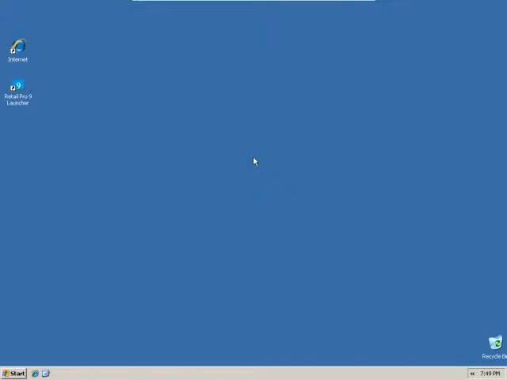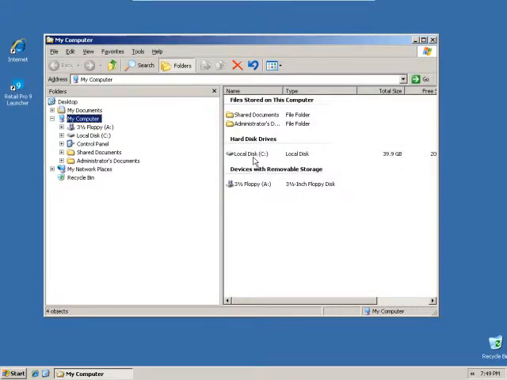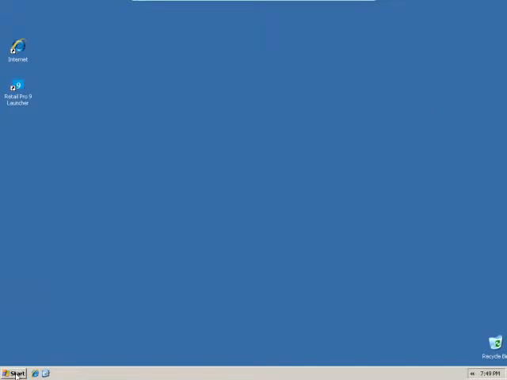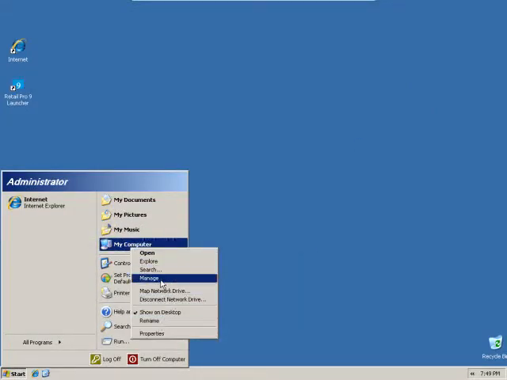So let's perform a code backup and recovery. First thing we need to do is create a code backup. Before you do that, you need to shut down your services. So let me go back in here and we'll go to My Computer, Manage,